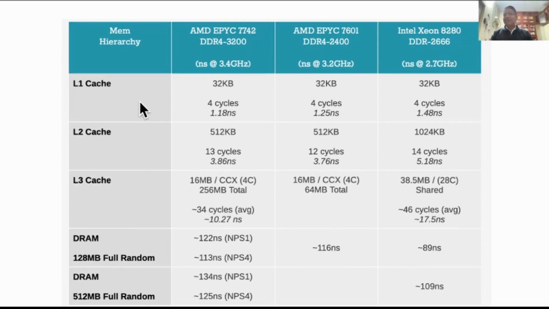I would like it in 1 cycle, but of course that's not possible, so 4 cycles it can do. By the way, data sitting in a register can be operated on in a single cycle. So the register is the fastest. Data sitting in the registers can move in the fastest way. So L1 cache is the second fastest. L2 cache takes 13 cycles in this processor, so it takes 3.86 nanoseconds. So it's 3 times slower. L3 cache is further slower by 3 times, 10 nanoseconds. Now RAM is slower by a factor of 10, 113 nanoseconds.